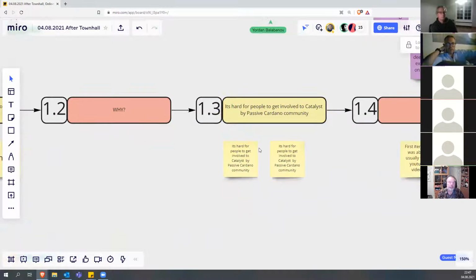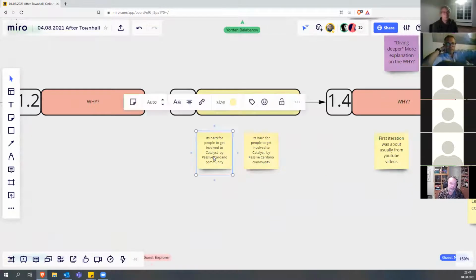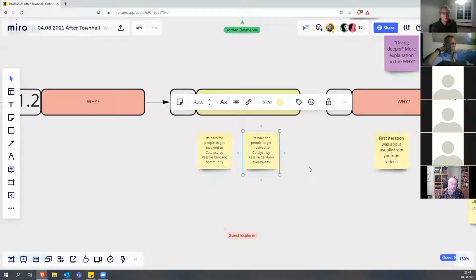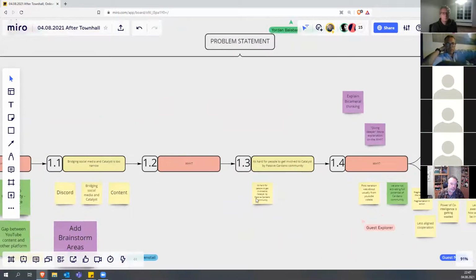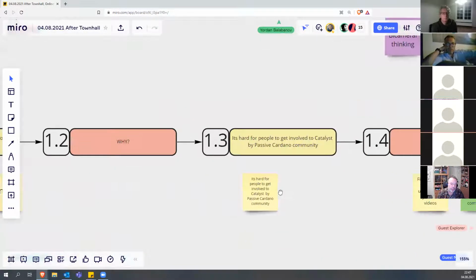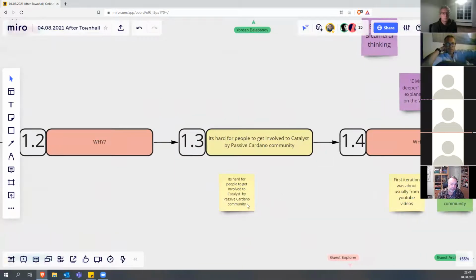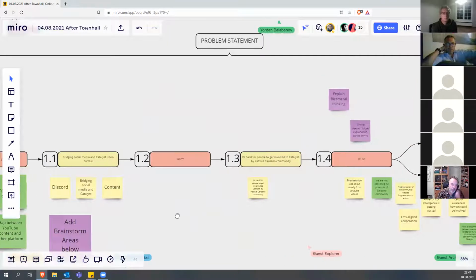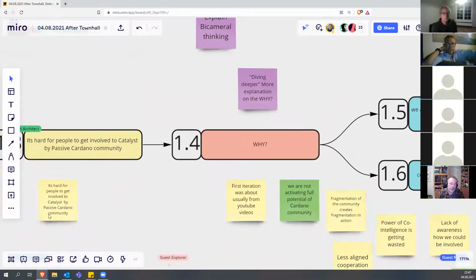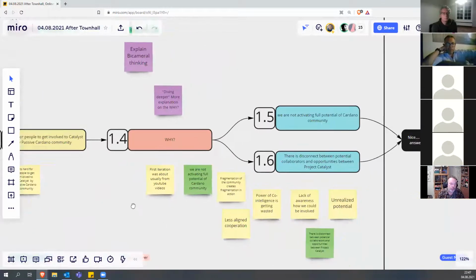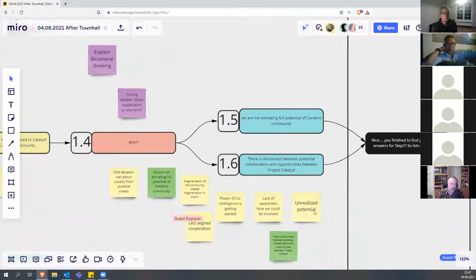we moved down the rabbit hole, and it's hard for people to get involved in Catalyst by passive Cardano community. And another problem was it's hard for people to get it. Okay, so basically we had one, why are these bigger problems, and narrowing it down, and then narrowing even more down and brainstorming more solutions, where we ended up with